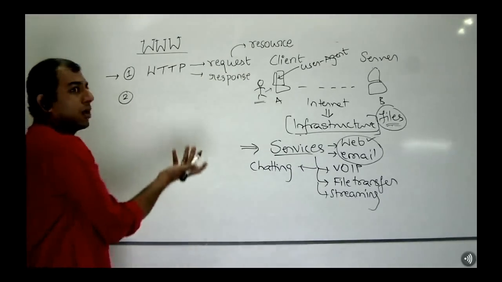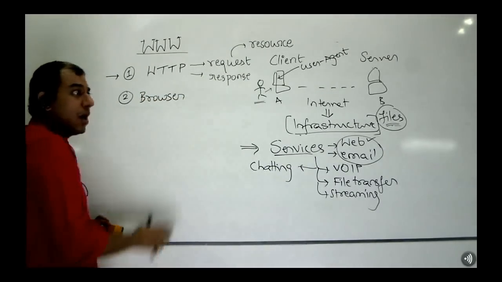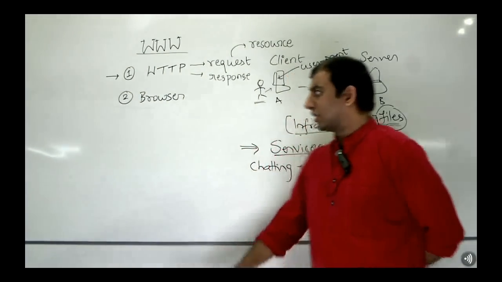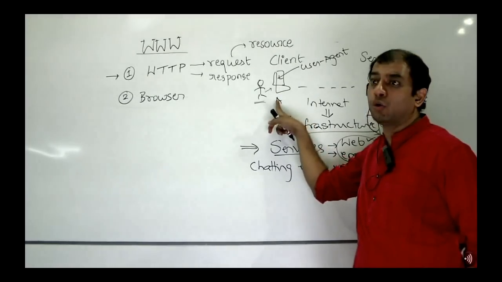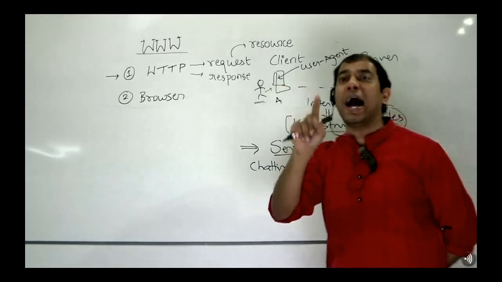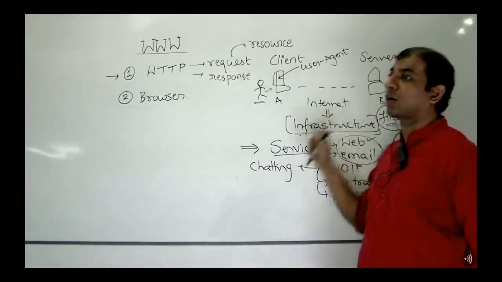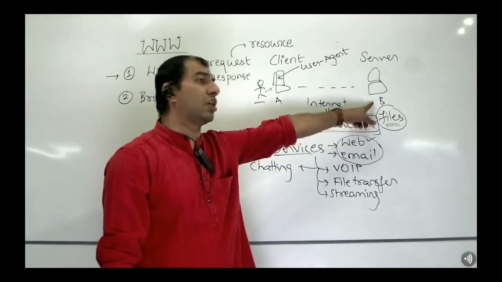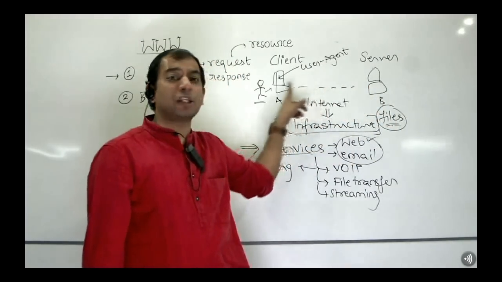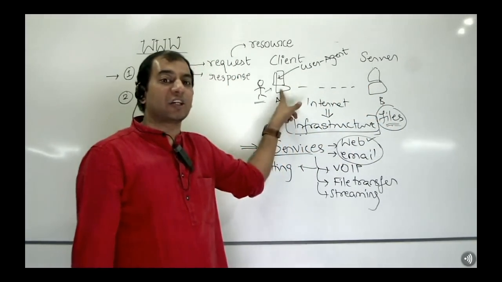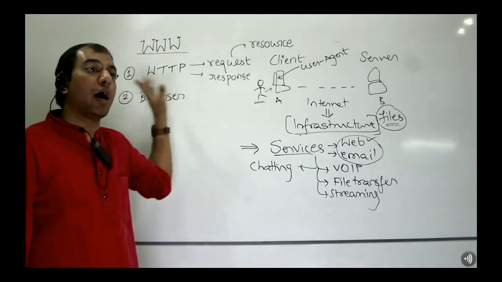What is this user agent called? What did they invent? Very good. Nothing but your browser, right? So they invented the browser. And what does the browser have a capability of doing? First of all, the browser is a software that runs on what side? Client side. And what does the browser understand to do? It knows how to convert user actions into HTTP requests. And it knows how to send that request over TCP/IP to the destination server IP. And the browser knows how to wait for the response to come back. The moment it gets the response, the browser knows how to take the resource from the response and display or render it to your client.